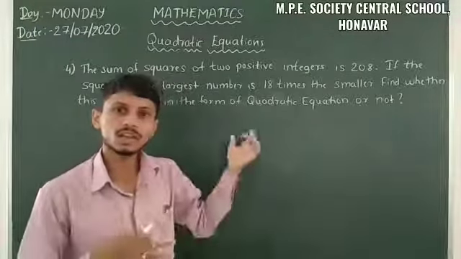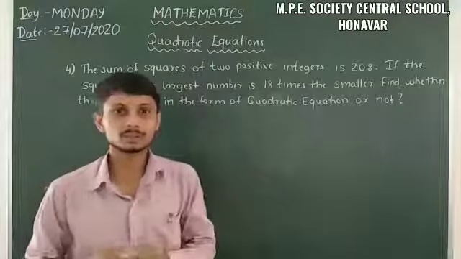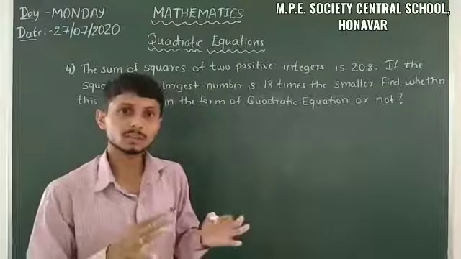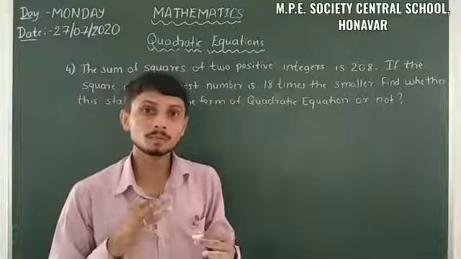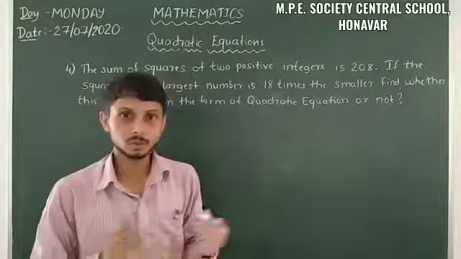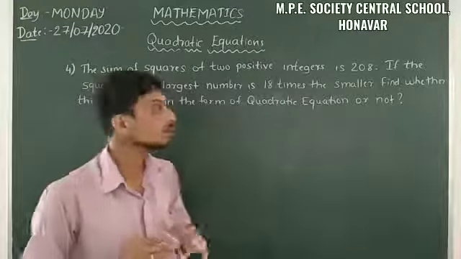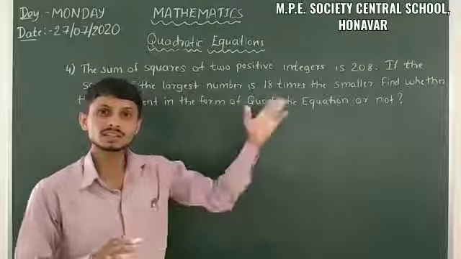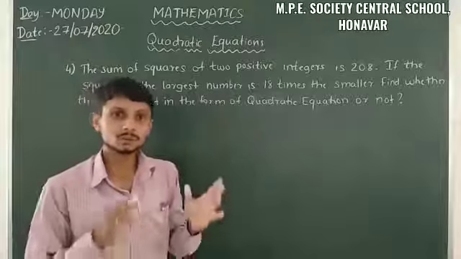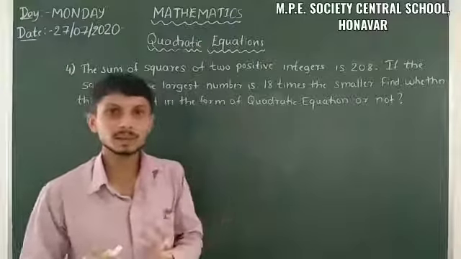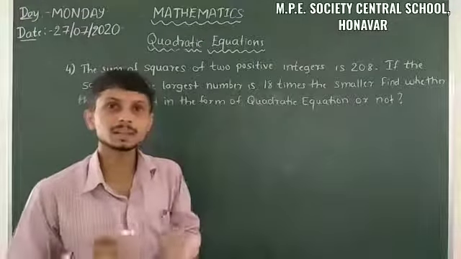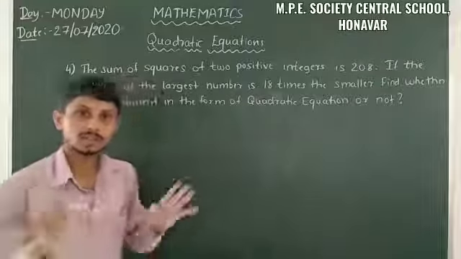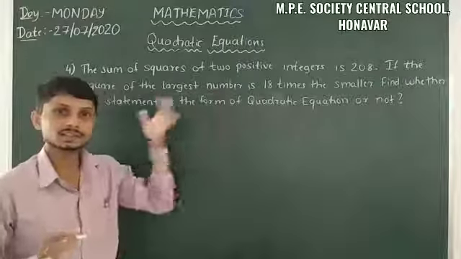We already studied this type of question, that is, we have to express it in the form of equations. So what we have to do here, firstly, we have to express each statement. There are three statements here, so we have to take the statement part by part. After that, we have to express it in the form of an equation. So let us study this statement here.